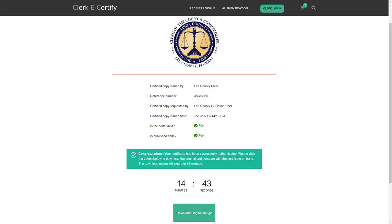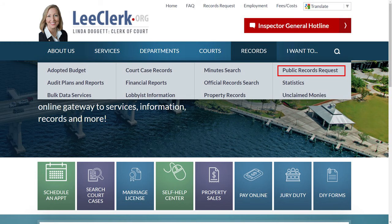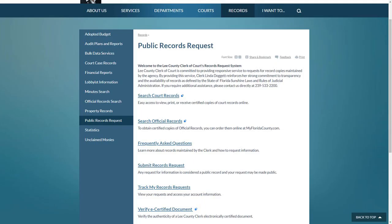Now, what happens if you are unable to locate a document or a case online? We do have an option where you can submit a records request via our website. And this access is also applicable depending on the law and statutes. So on our leeclerk.org website, under public records request, we do have the option where you can submit your records request. And from here, you also have the option and the link for verifying your E-Certify documents if you ever need the link. So when you do need to submit your records request, you will hit submit records request and